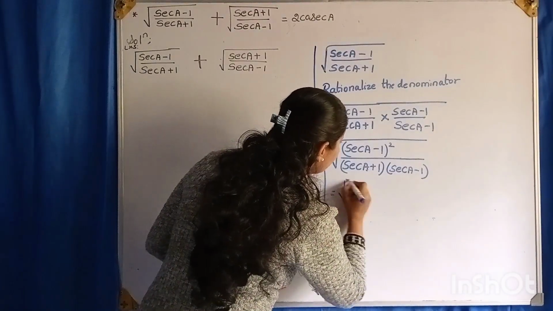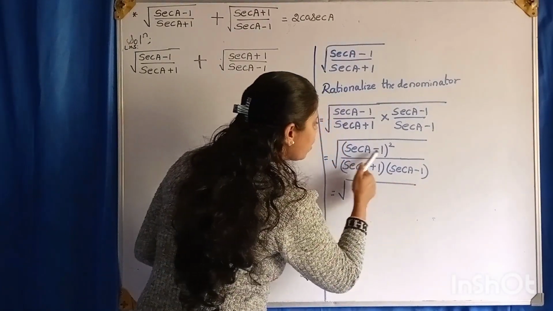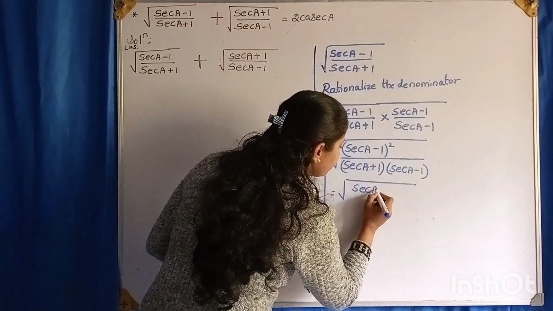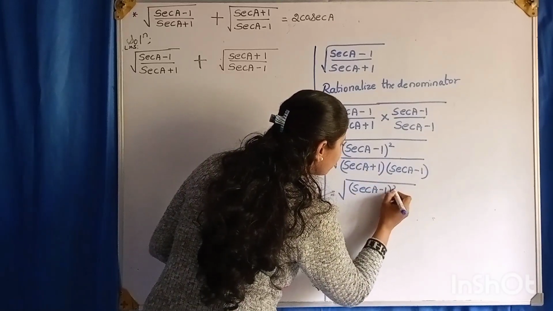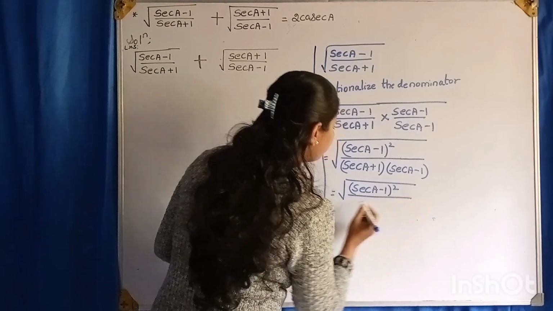Is equal to square root of secant a minus 1 the whole square divided by